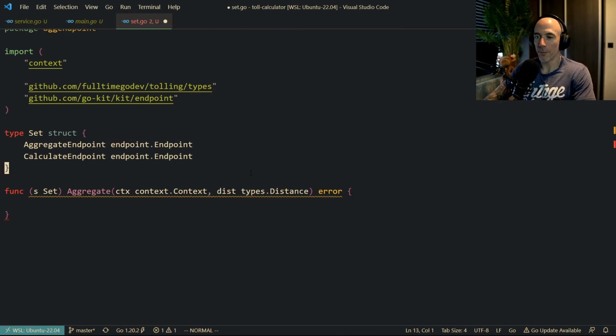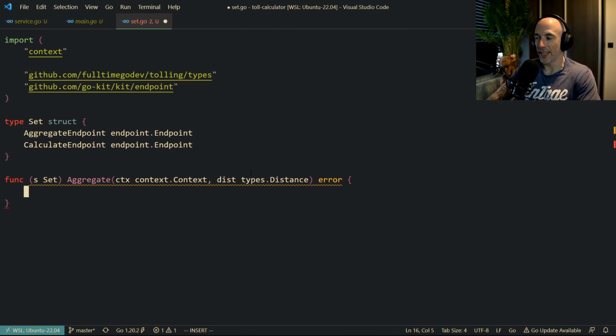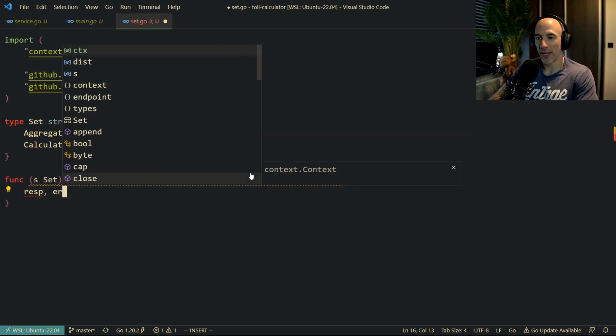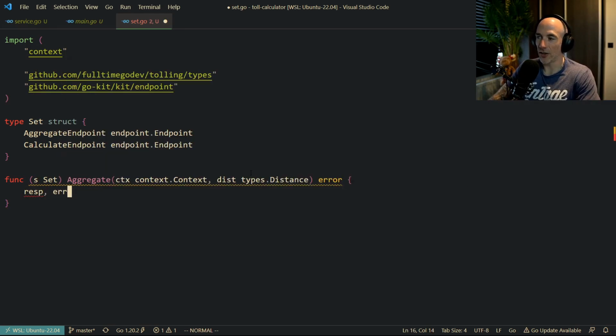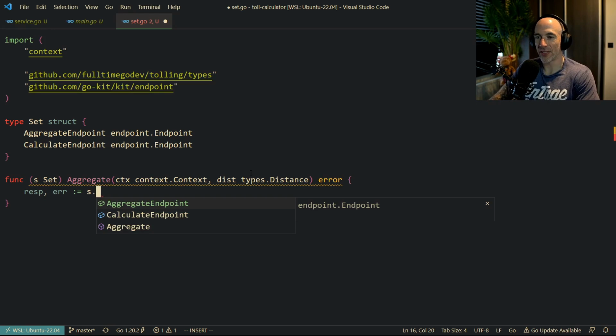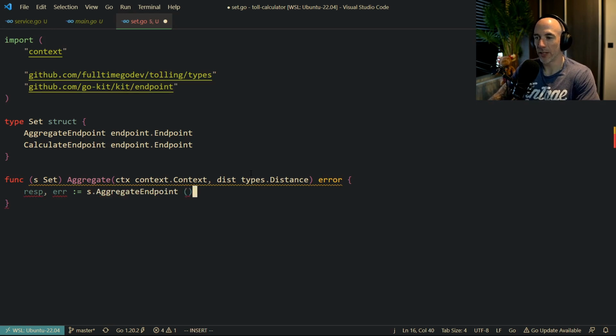So what they do is they say here that the response, which in our case is actually not for aggregate, because aggregate does not return, it only returns an error, but we're going to see how this is going to work out. It's going to be s.aggregate endpoint, and we need to pass in the CTX here, and